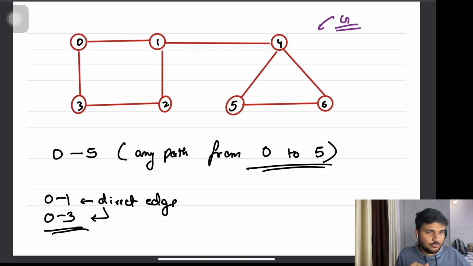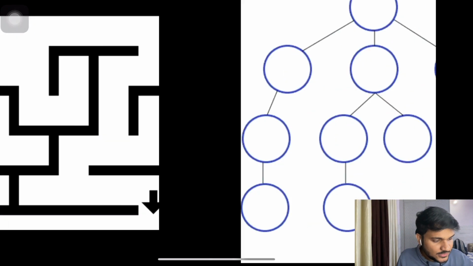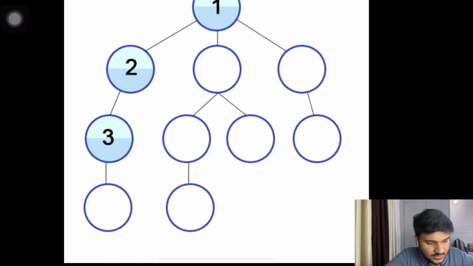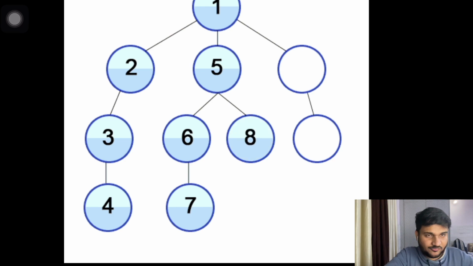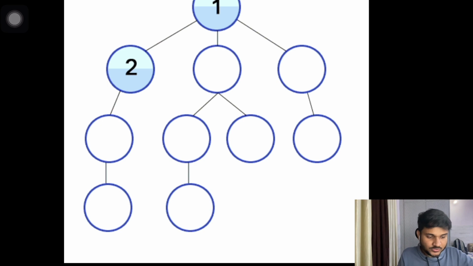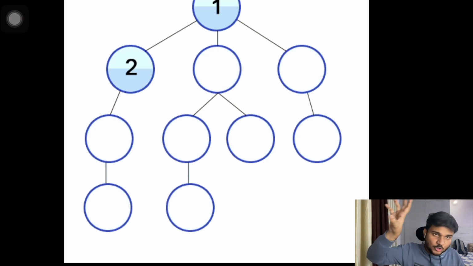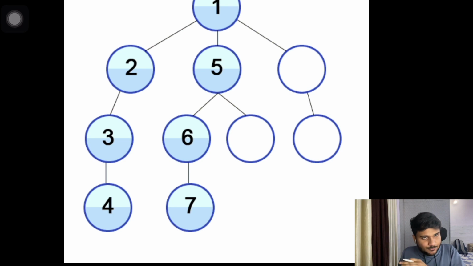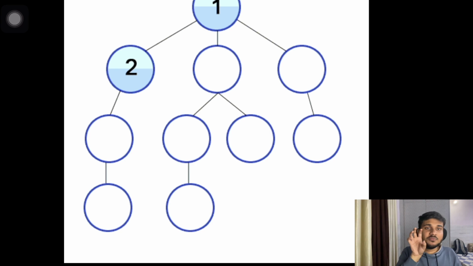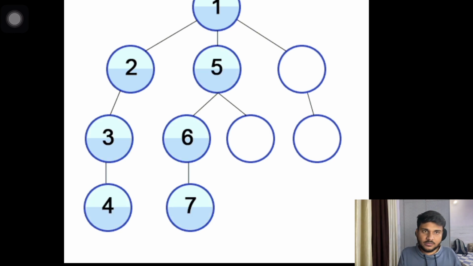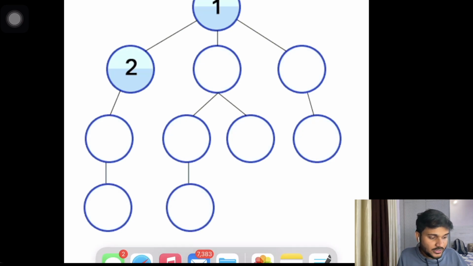So let me share one more example. So here you can see there is a tree. See, this tree is first exploring from 1. It first explored the complete branch of 2, right? See here, 1, then 2, then the complete branch of 2, then the complete branch of 5, and then the complete branch of 9. So from 1 there is a sub problem 2. You are going to explore that sub problem completely. No matter how many states that sub problem takes you to, it doesn't matter. You are going to explore that sub problem completely, and only then will you come back and explore the rest of the sub problems. This is the main gist of depth first search.